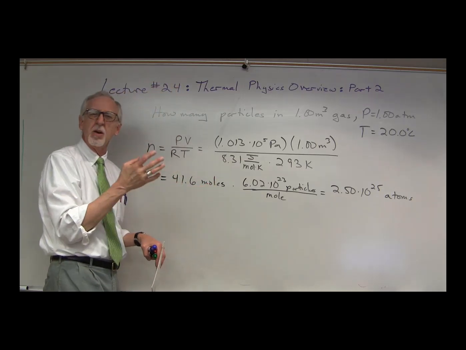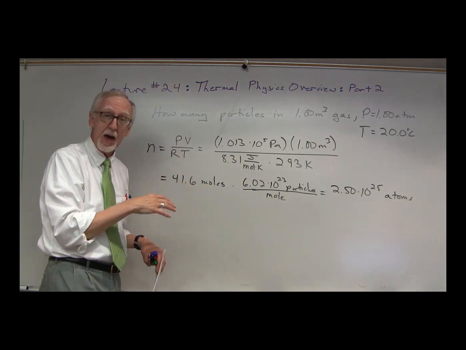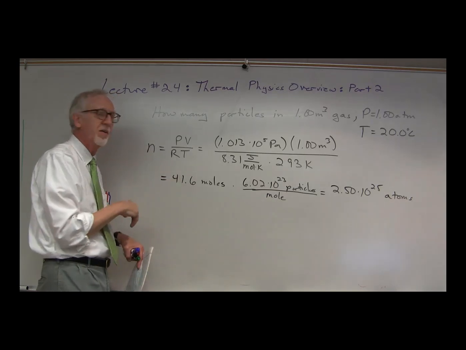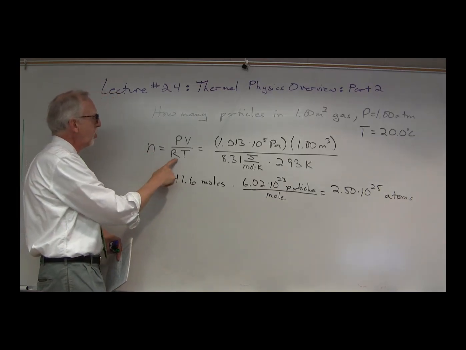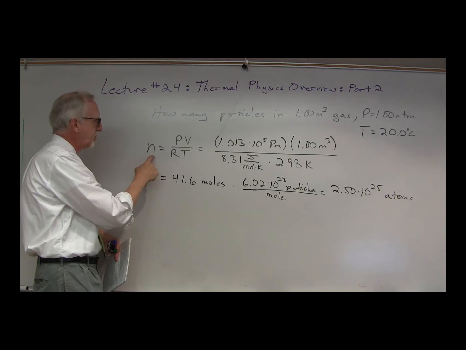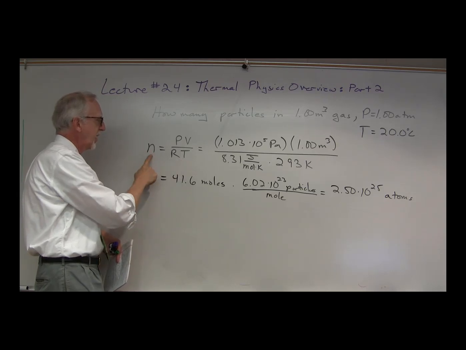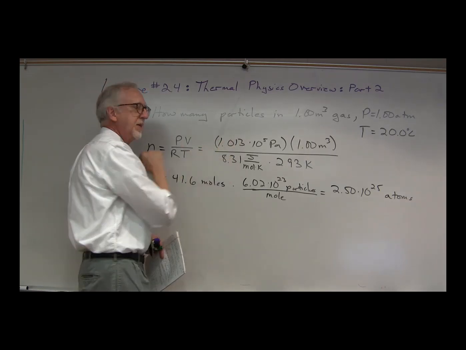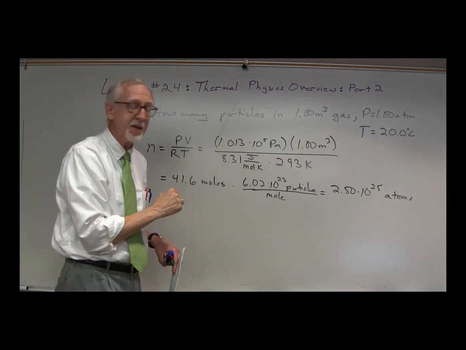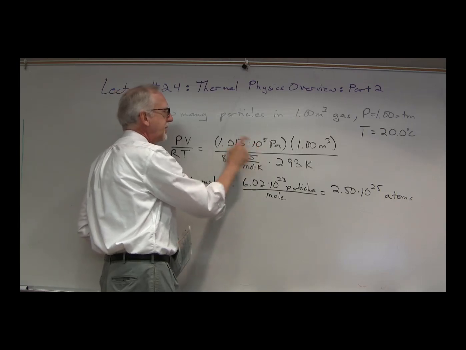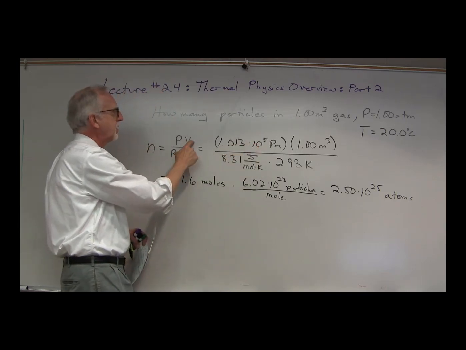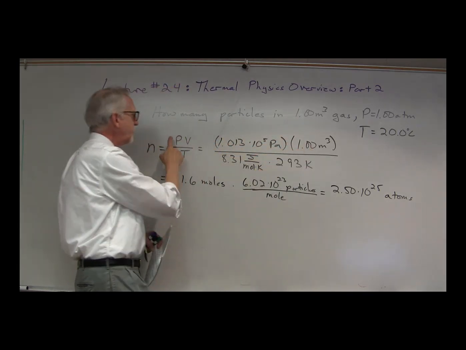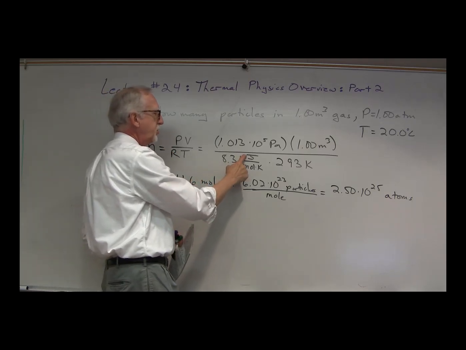We could just use PV equals NkT, use capital N and solve for capital N, but let's figure out the number of moles first. So PV equals nRT, dividing by RT, we have n is equal to PV over RT. Pressure, 1 atmosphere. We're going to put everything in standard SI units: 1.013 times 10 to the 5th pascals, times the volume, 1 cubic meter, divided by R, 8.31 joules per mole Kelvin,